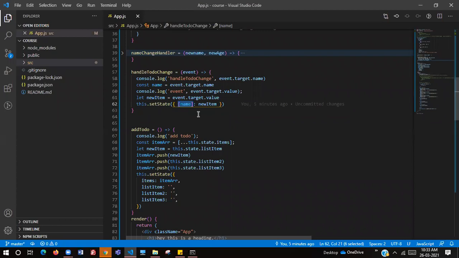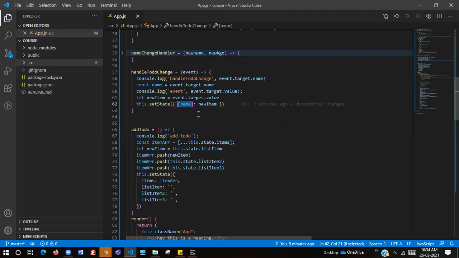Yep, everything is fine. And in the input, text, L name, F name. Okay, so when we are taking the name, guys, the name and whatever the value of this.state list item is, that needs to be similar.